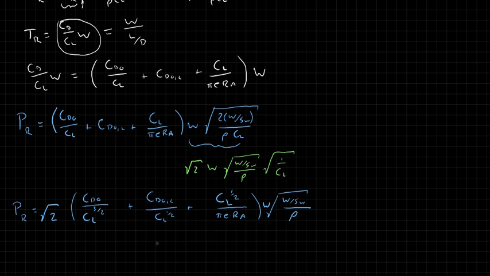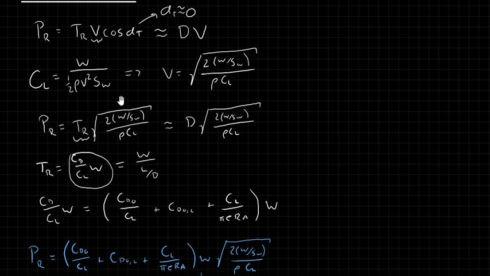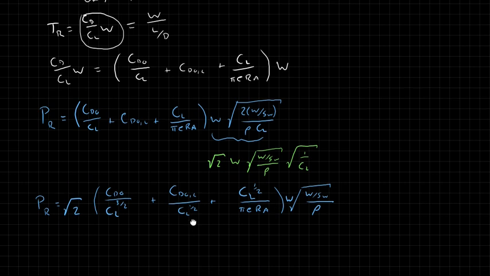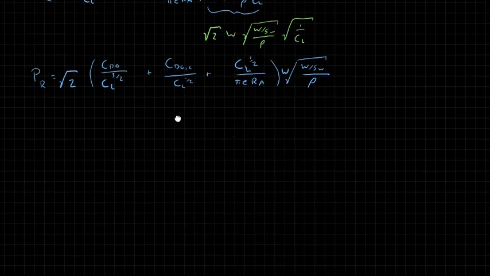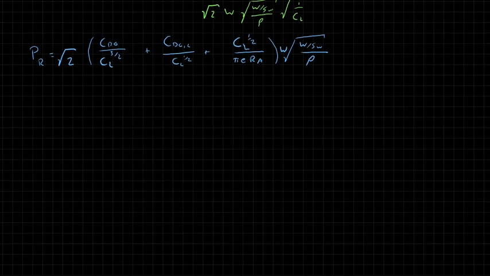Okay? Okay, so from here, let's go back and look at CL. We have an expression for CL, right? So why don't we plug that in everywhere we have CL? So if we do that and then simplify, I'm not going to go through all of the steps here again. So I encourage you to do that in your own time. But here, let me type it in. So plug in CL equals W over 1/2 rho V squared SW. Because of course we are in steady level flight. We're still looking at the power required to maintain steady level flight.